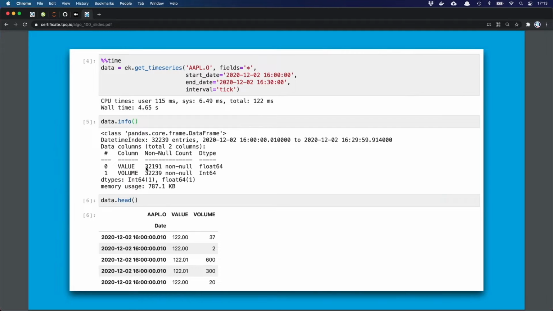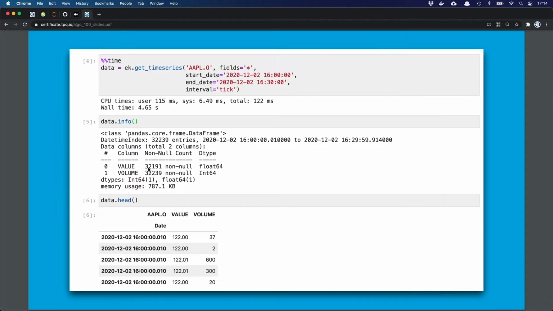I retrieve tick data, 32,000 tick data points for half an hour. Sometimes it can be 60,000, sometimes it might be a little bit slower moving, right? But when you compare this to end-of-day data, where most of the finance theory is based, it's orders of magnitude larger, right? When you think in terms of 250 trading days per year times 10, 2,500, times 4, 10,000. So Apple stock is around.